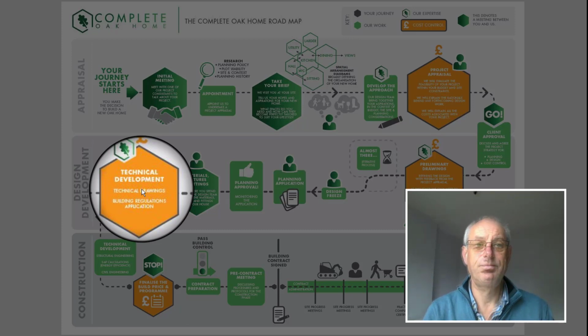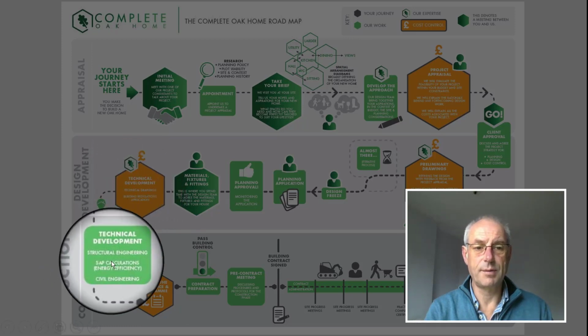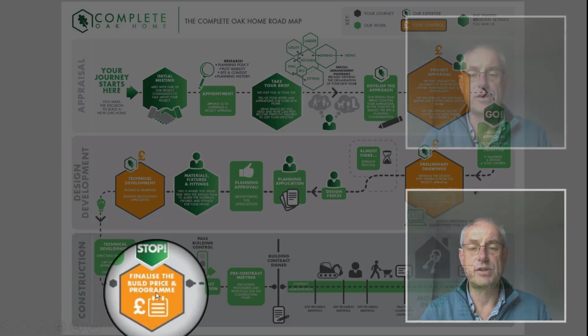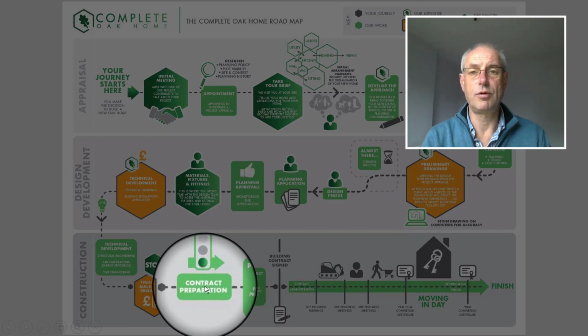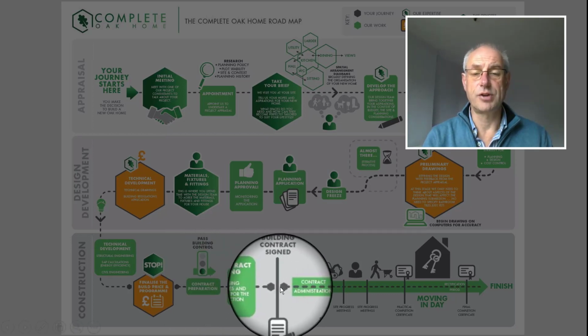We'll guide and advise you throughout the process on the decisions you're making to help you keep your project within your budget. As those technical drawings develop, they will also go on to further development through structural engineering, civil engineering for things like drainage, groundworks, and so on, and further cost evaluation until we end up with a final fixed price for the building, and we can go on and prepare a contract, a formal construction contract. This would be a fixed price contract. Once the contract is signed, construction can start